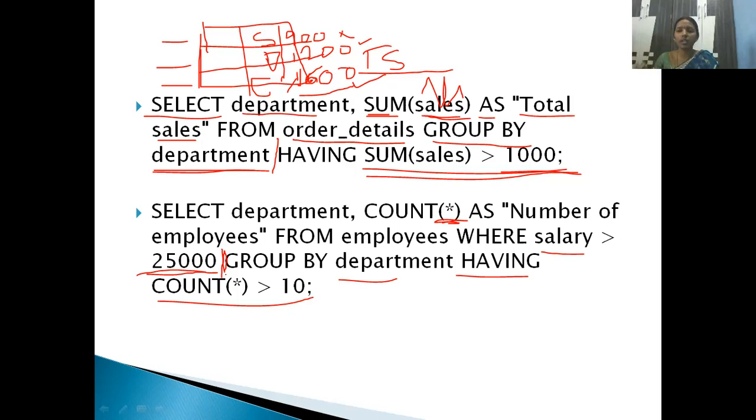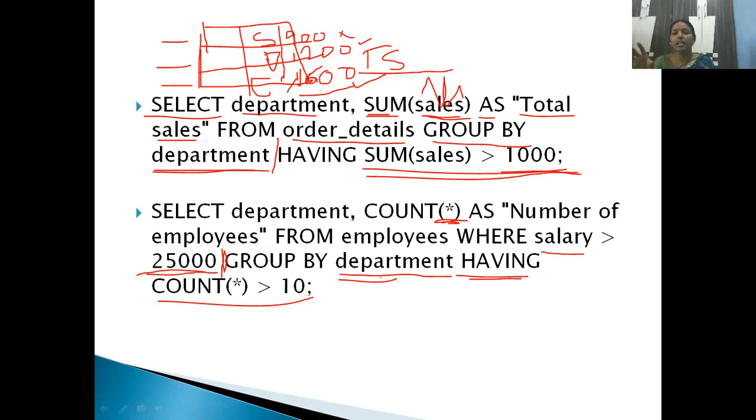After selecting those records, then you apply group by department. Then after making the departments, having one more condition. So in the department table, you got MPCS department 100, MSCS department 20, electronics department 10. So like that you have a result set.